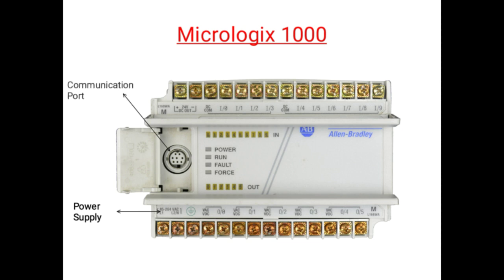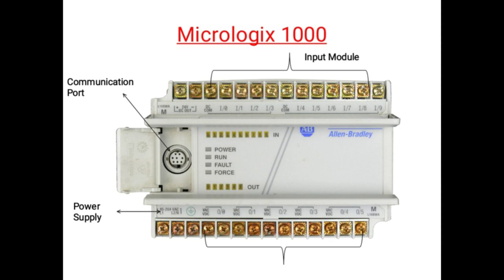This is the communication port. Here we can connect our communication cable. This is the RS-232 port. Third is the input module. You can see the above part. Here you can also see the inputs. So this is the input module of the PLC. Next, the one below, this is the output module of the PLC. So these are the 5 components of the PLC, and sorry, the CPU is left. So this is the CPU. You can see the CPU also embedded in this PLC. So these are the 5 components of the PLC.